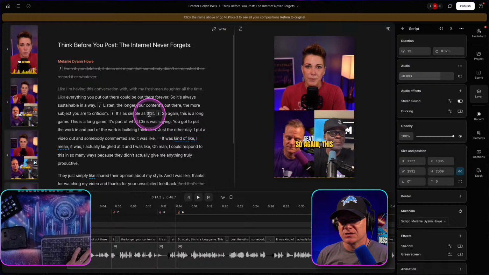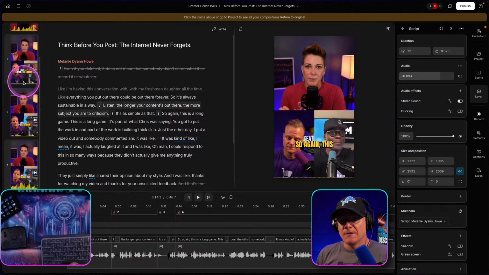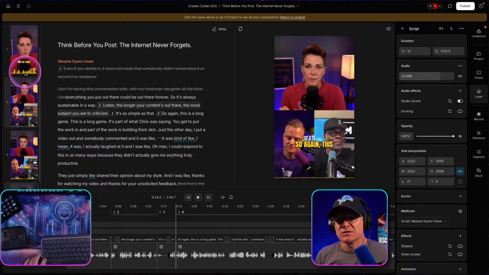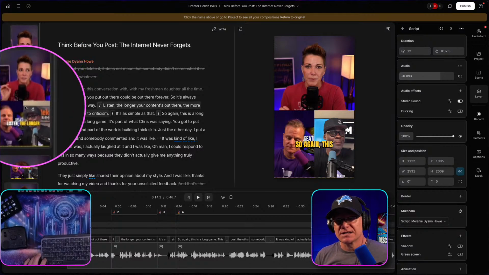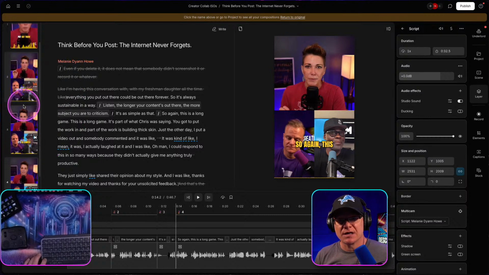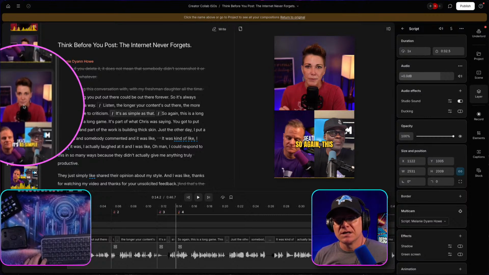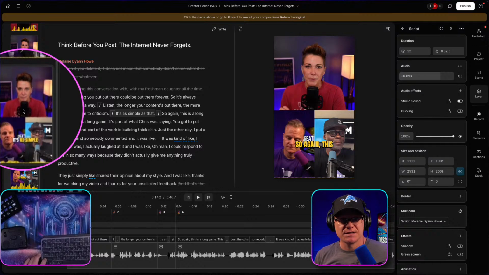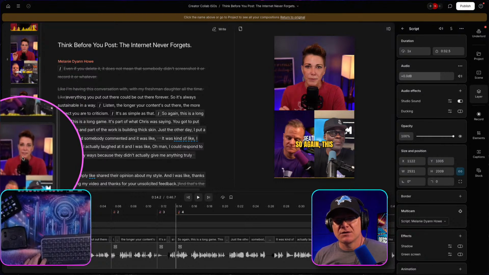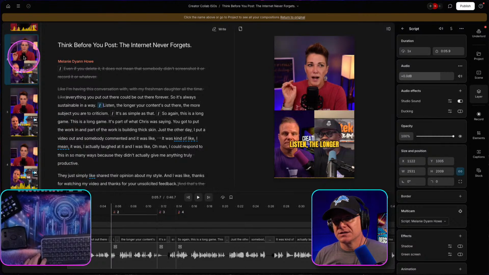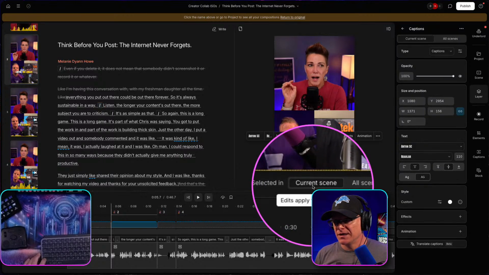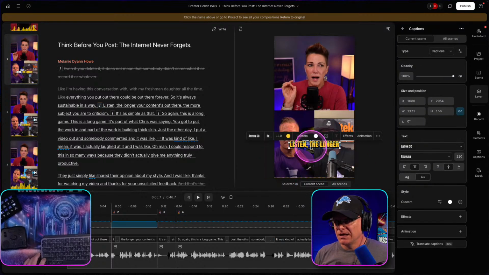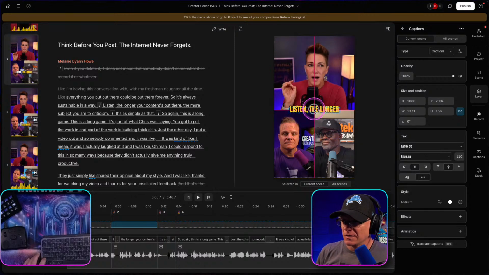And so again, now I've created two scenes. Now it kept the previous scenes. You can see right here, there's the first scene. Here's the second scene, which obviously we need to change the caption on. And then we've created two more scenes. This is the one where we're going to want to get James's face. And then here is a third one. So we're back to that one. So let's go up here and change this and bring this to the center. And I want to click here where it says current scene. And if I drag this up here, right here,